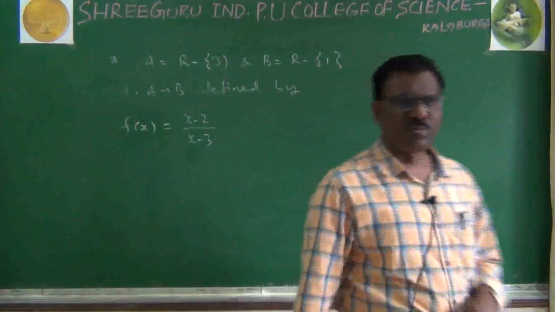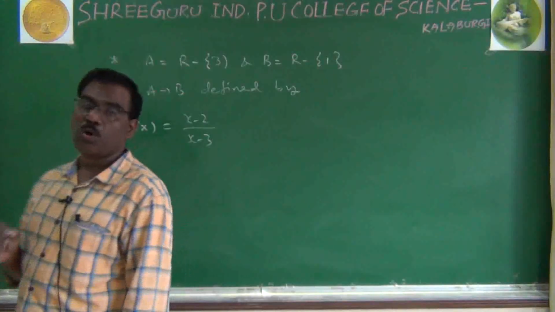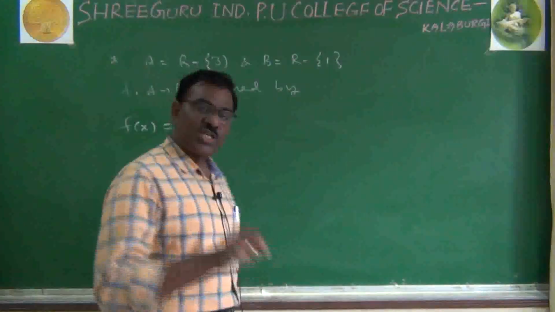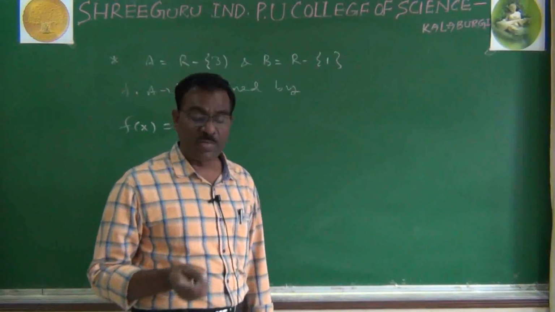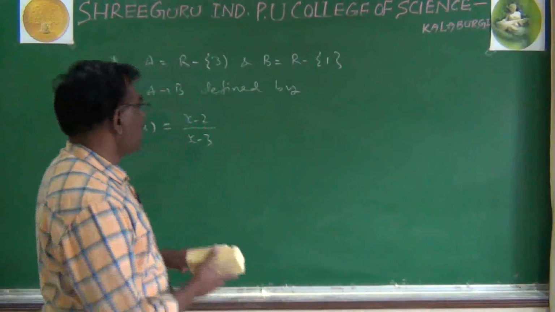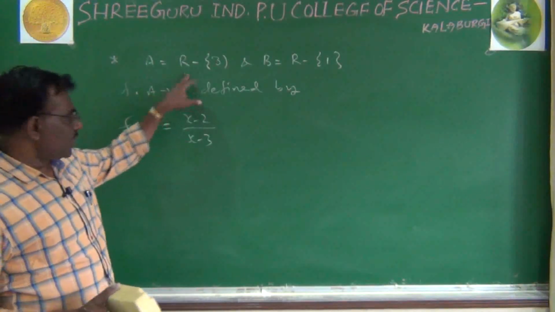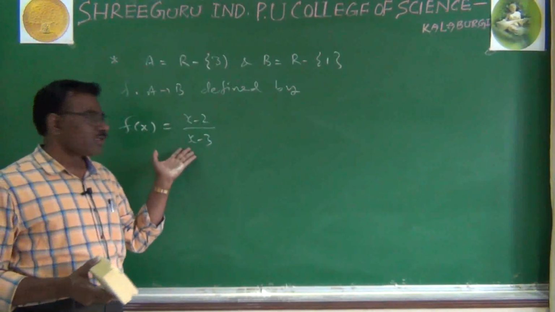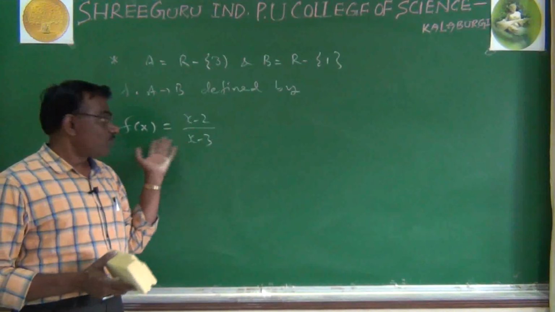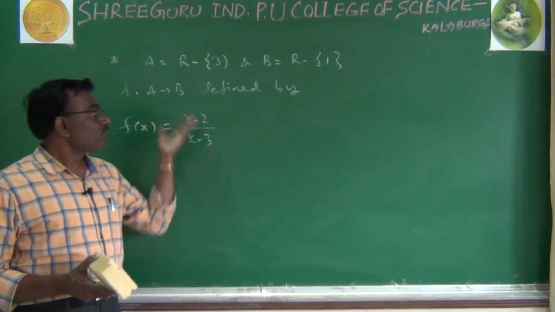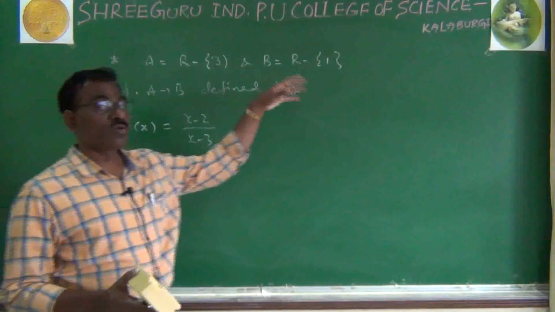I am not giving an incomplete question, just in the previous style. We check whether this problem is bijective or not, whether it is one-one, or onto, or bijective. So what is the mapping? Mapping f from A to B, but the domain is other than 3, because if it is 3, the function is not defined. Substituting 3, the function is not defined. So a domain other than 3 is possible, and maybe it is in the codomain.